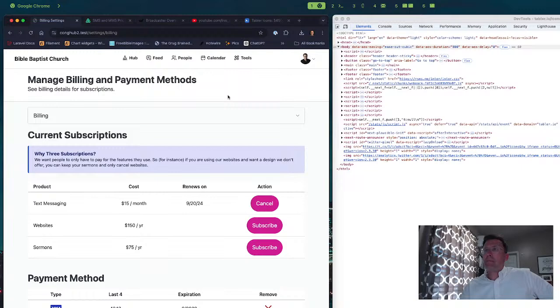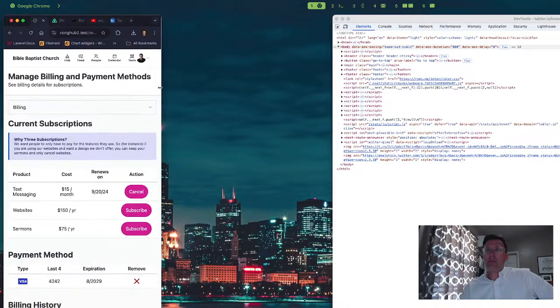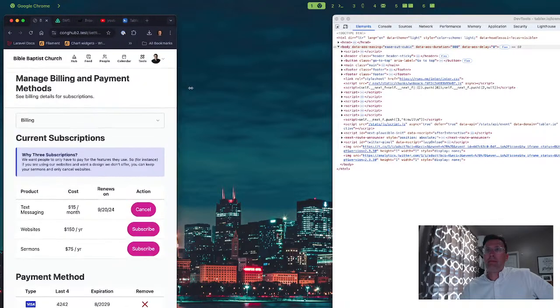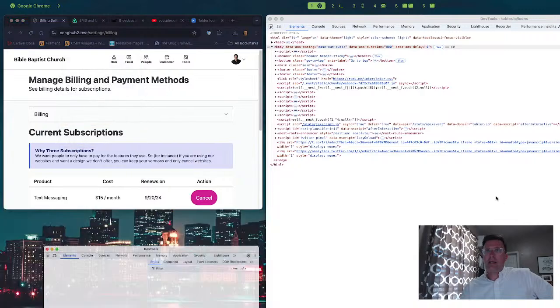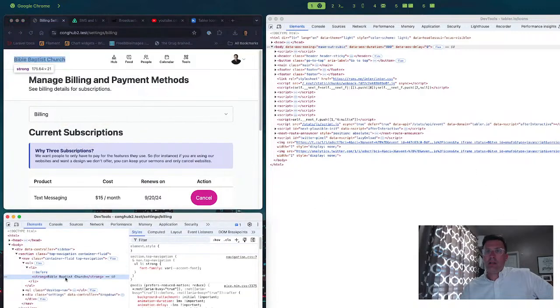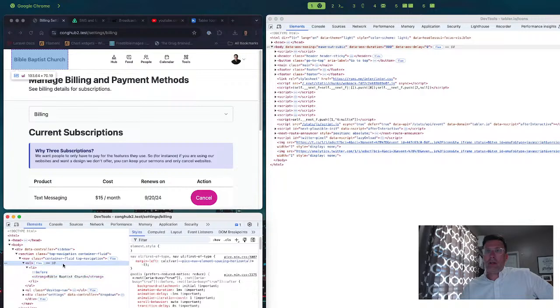Okay. So on this small mobile screen, why is this? I'm going to inspect this here. All right, so this UL here is